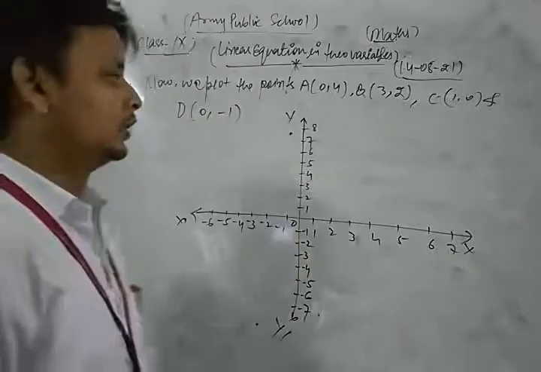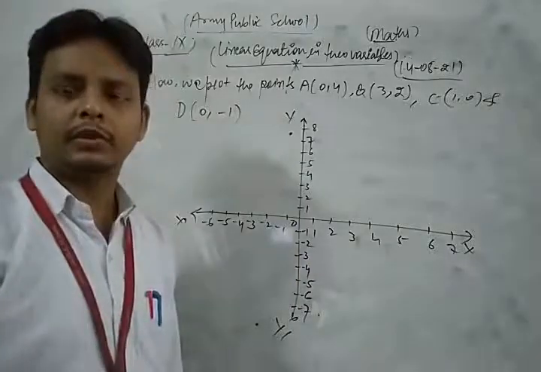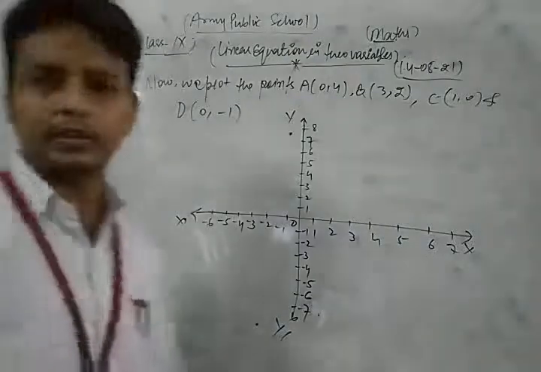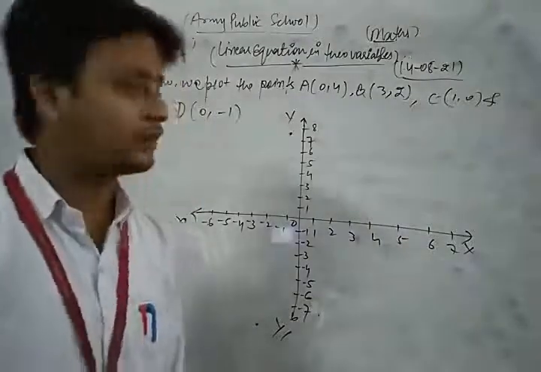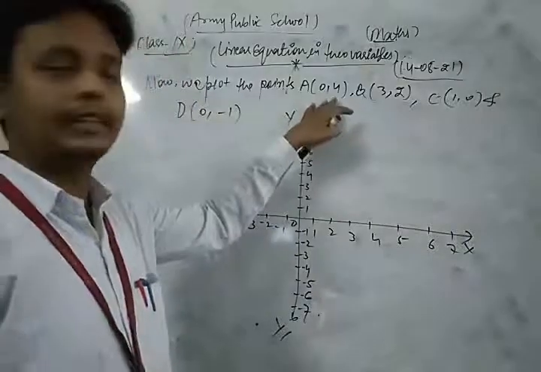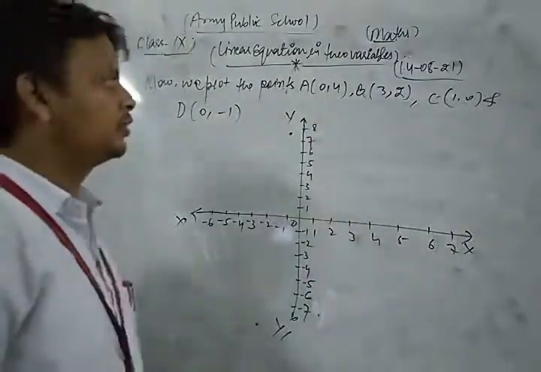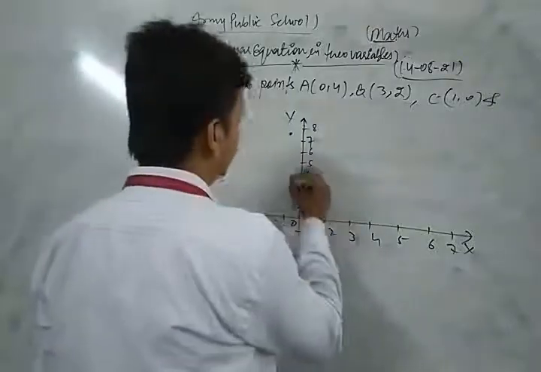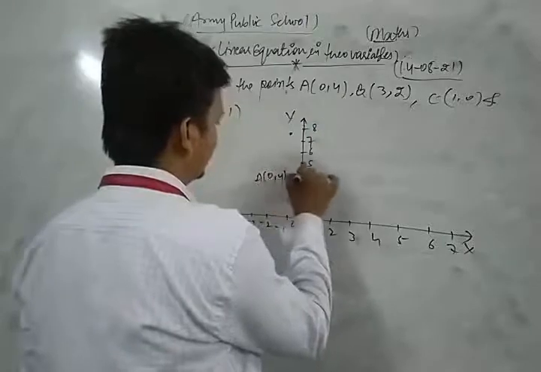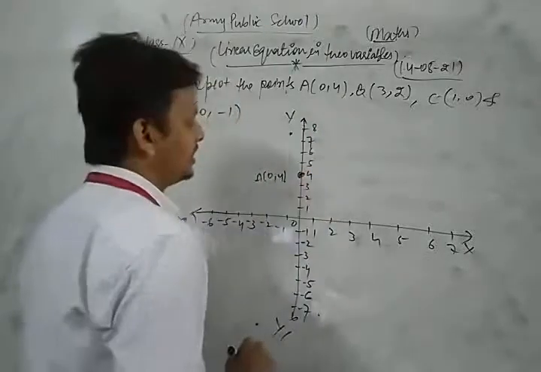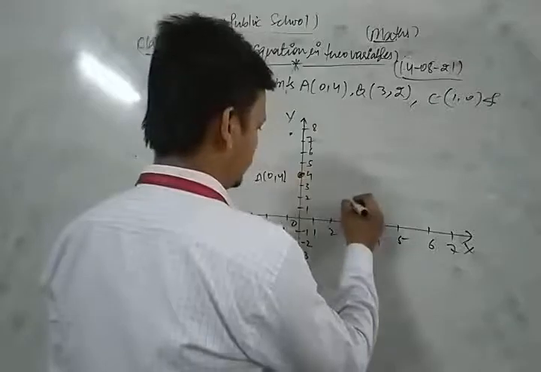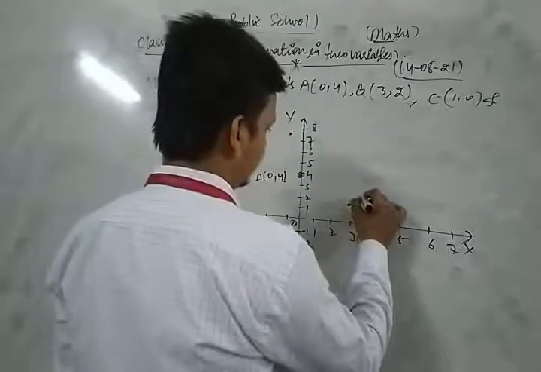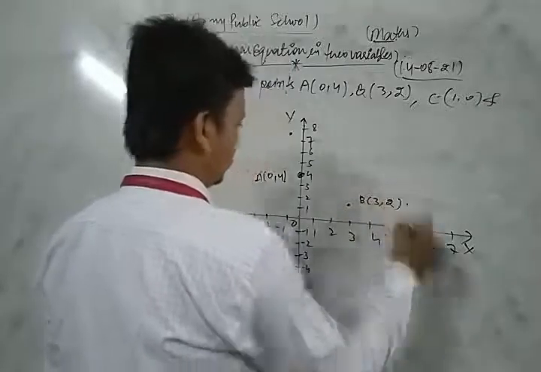Now look, first of all we draw the mutually perpendicular lines, which are called axes, the x-axis and y-axis respectively. Now dear friends, we plot all these points on this graph paper. Now (0,4): abscissa 0 and ordinate 4 lies on the y-axis, so (0,4) lies on this point. So A is (0,4). Now B is (3,2), abscissa 3 and ordinate 2. Here the point B lies, which is (3,2).